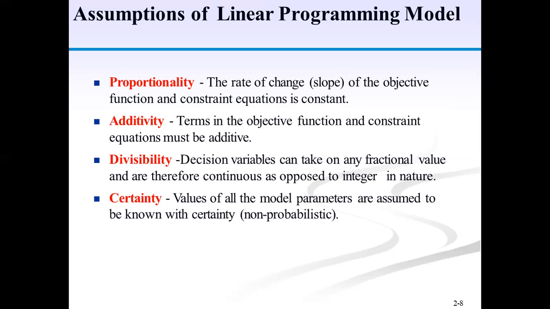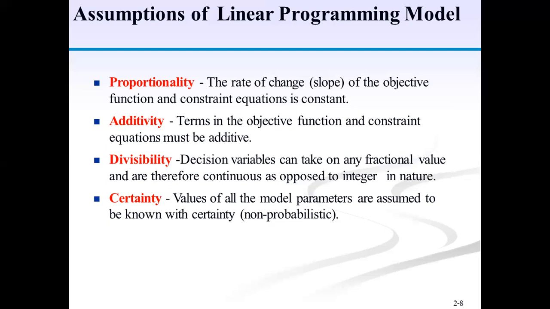Proportionality: the linearity of proportionality is a basic assumption of the linear programming model. According to this assumption, proportionality exists in the objective function and constraint inequalities. For example, if 1 unit of a product contributes rupees 10 towards the profit, then 20 units of that product would give rupees 200, and 30 units would give 300. Thus, if the output and the sale are doubled, the profit will also be doubled.